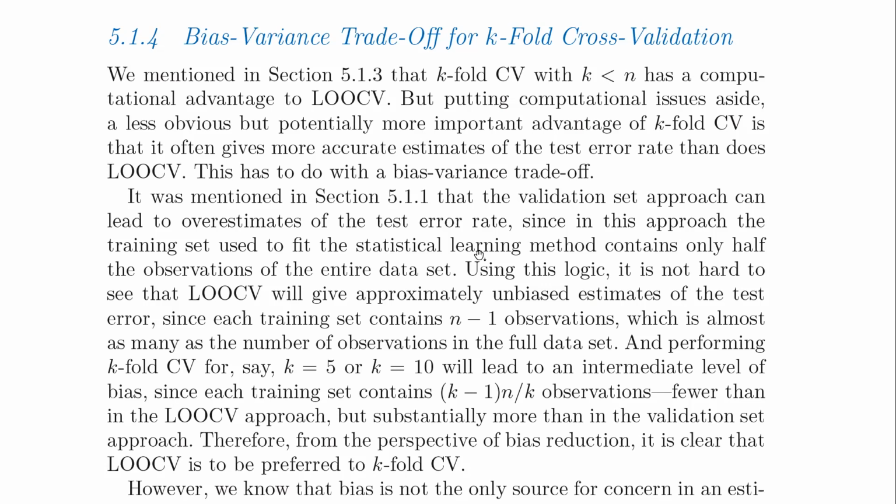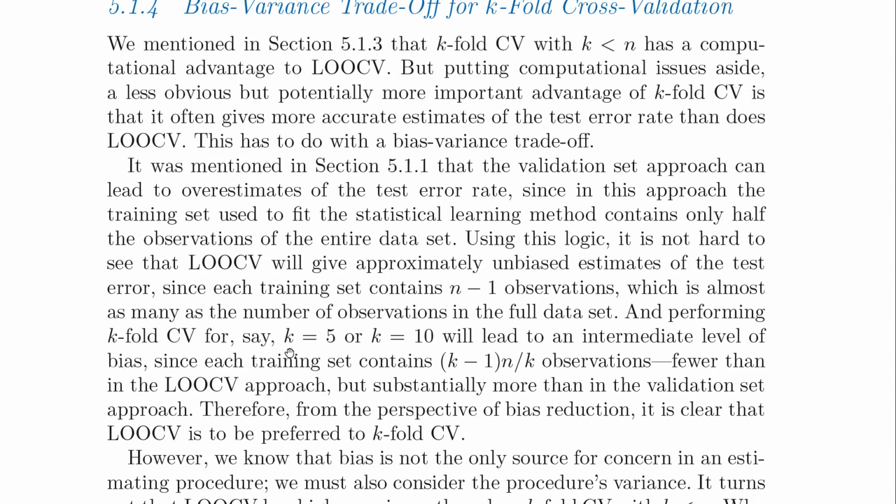Using this logic, it is not hard to see that leave one out will give basically unbiased estimates of the test error, since we're using practically the entire training data set with the exception of one observation. And performing k-fold CV for, say, k equals 5 or k equals 10 will lead to an intermediate level of bias, since each training set contains